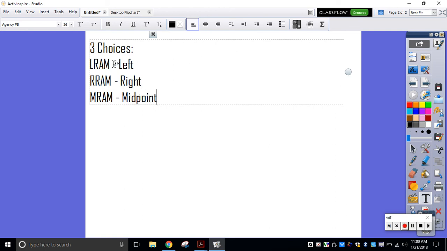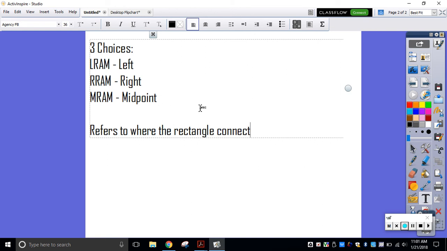All this is referring to is where the rectangle connects to the curve. Does it connect to the left of your subinterval, the right of your subinterval, or the midpoint of your subinterval? And just to give you a visual of what this looks like,